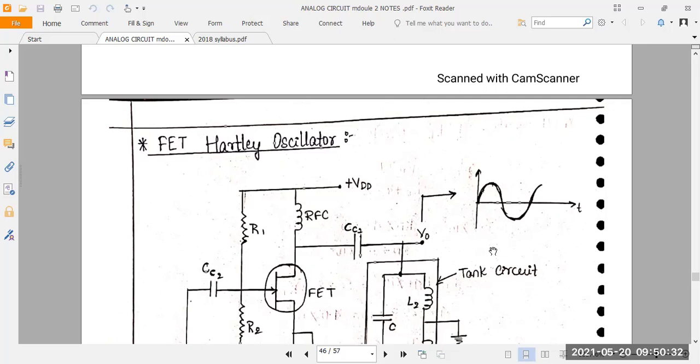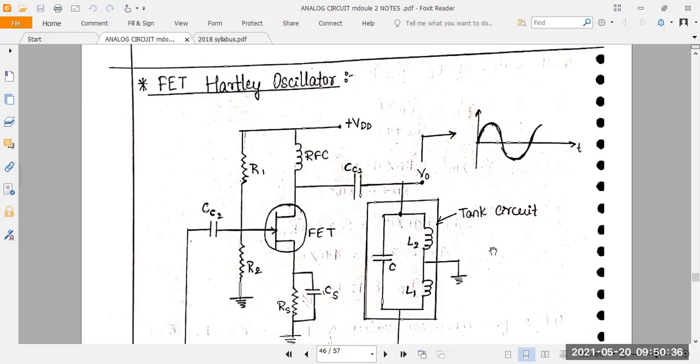We get this from the amplifier circuit and the feedback network. Understood? So you take both, amplifier and feedback. In the amplifier, we make a 180-degree phase shift. In the feedback, we make a 180-degree phase shift. From that, we get a 360-degree phase shift. But the question here is, we want to design the Hartley oscillator. So for making a Hartley oscillator, we take a FET transistor, a field effect transistor.